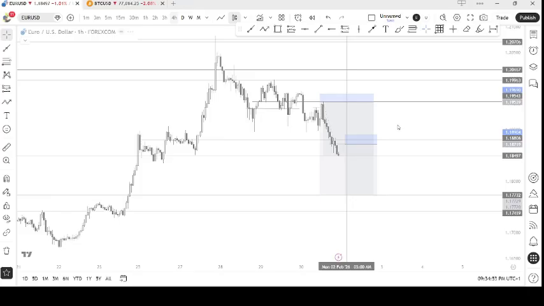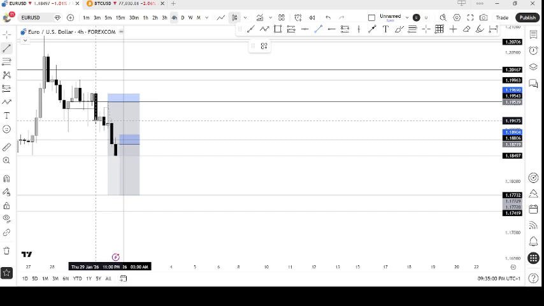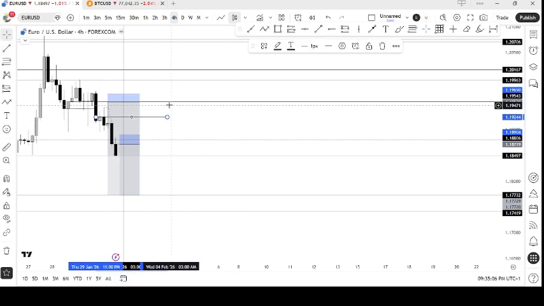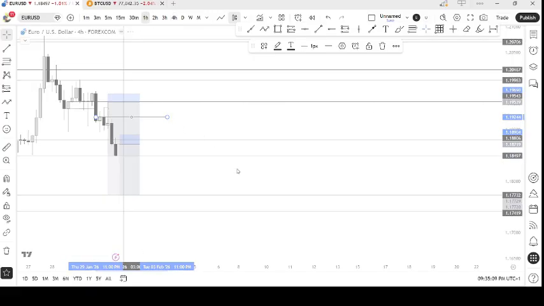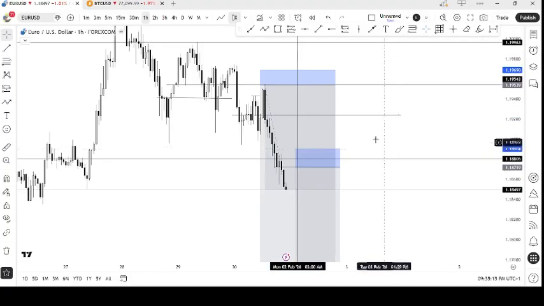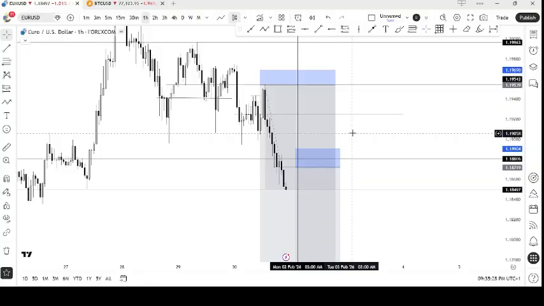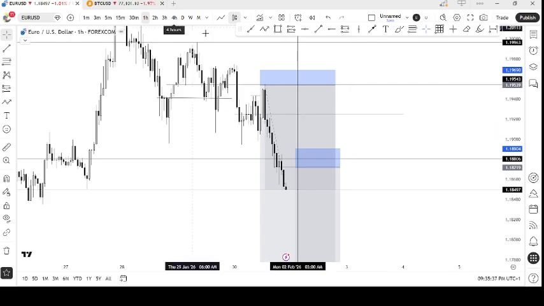So me, I'm looking at this place or this shape, this place, for confirmation. If you go to 1 hour, maybe I can refine it here, or this place, where you get something on 15 minutes like break of structure, inducement. So let's go to 15 minutes and see if there is a possibility for that to happen. But for us to conclude on what Monday price action will do,